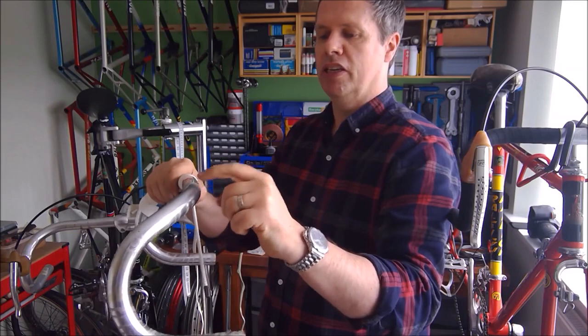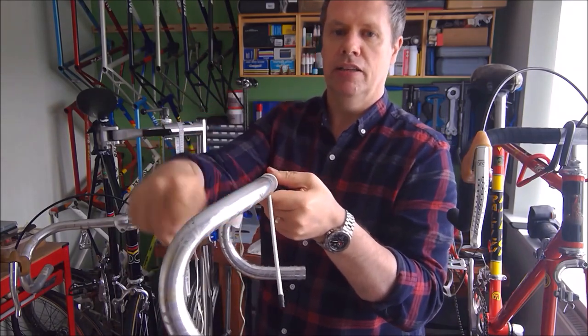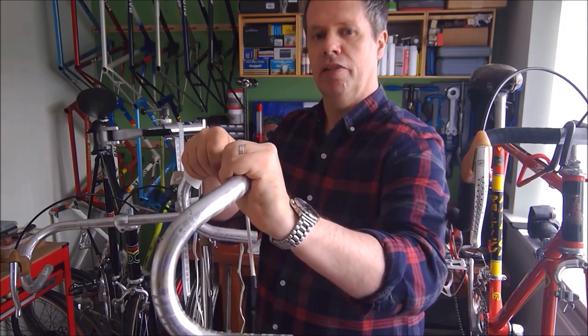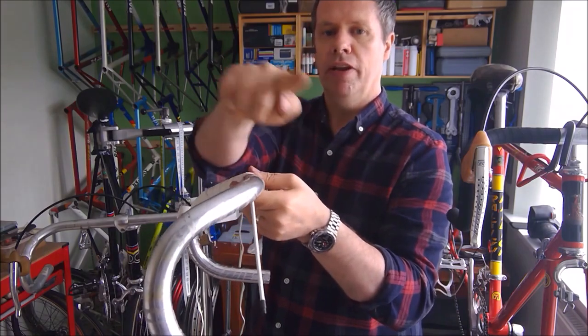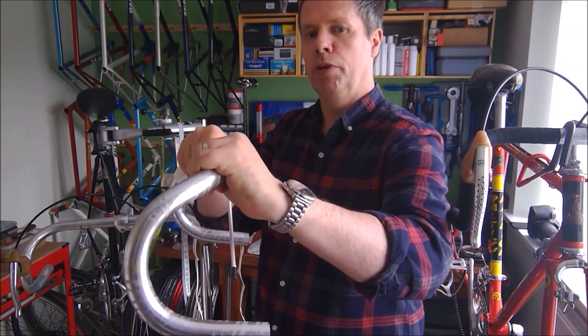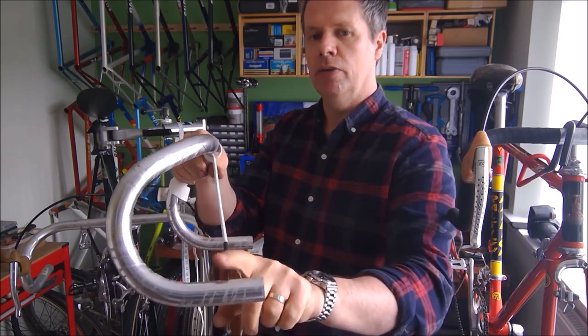So when you get to the top section here, you should be wrapping around the handlebar like that, so that your hand pressure gets that grip. If you wrapped that way, your hand pressure will be trying to unwrap that tape. Likewise down here,